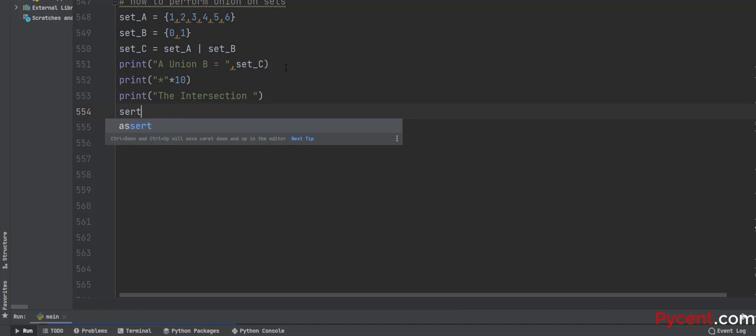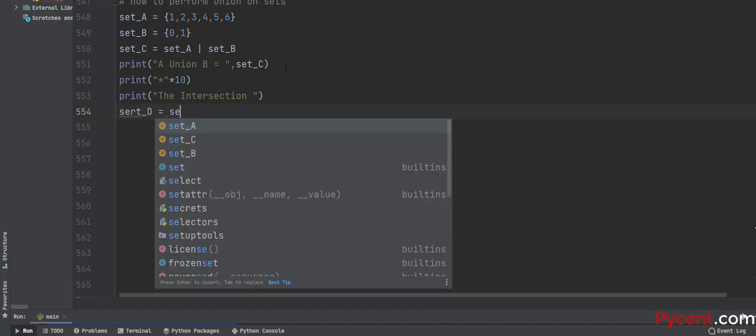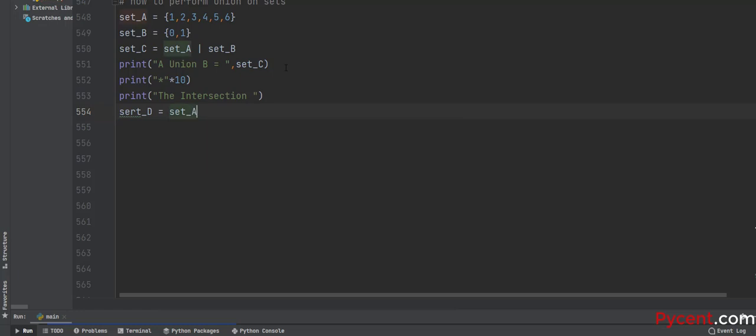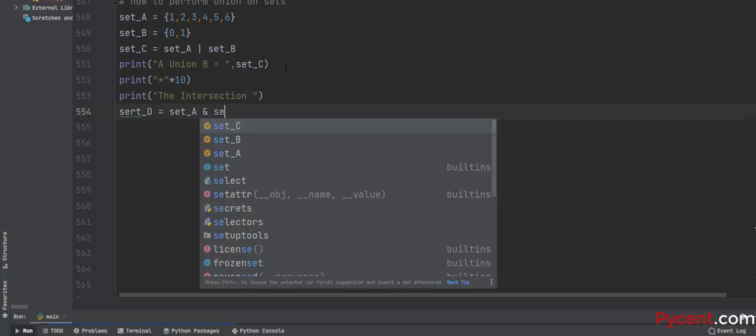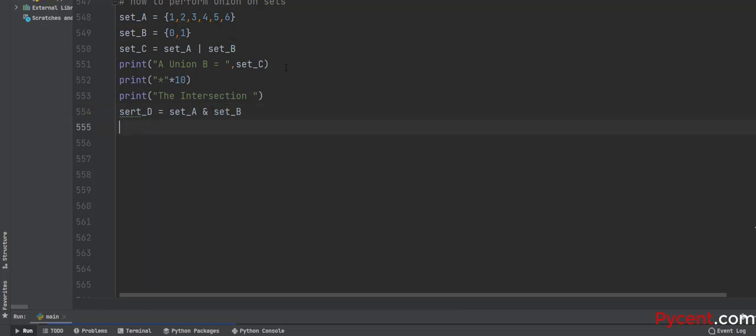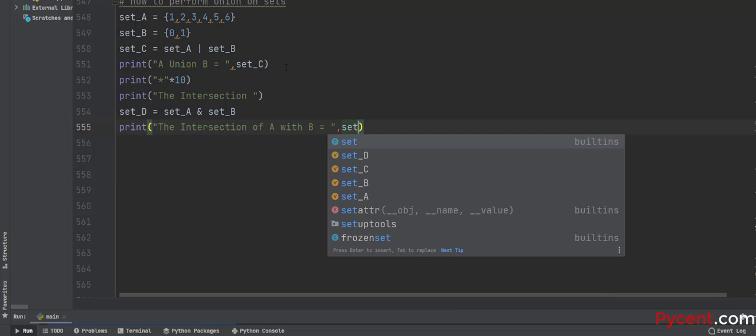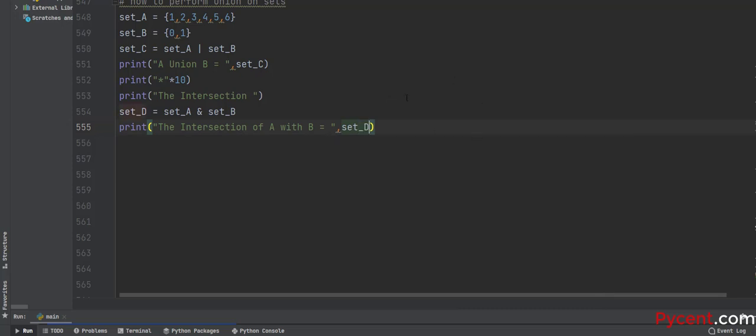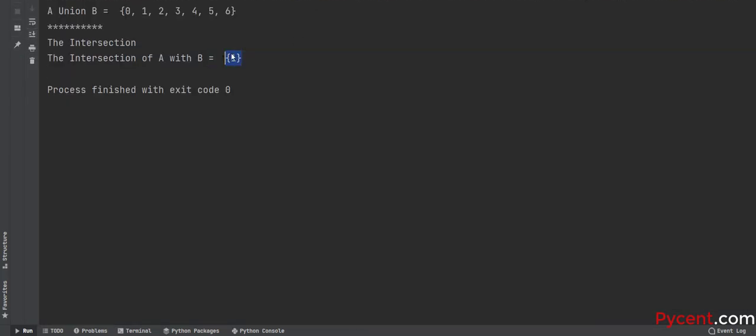You go here, set D is equal to set A, and then if you want to find the intersection, you use ampersand, set underscore B, and then you print here, print the intersection of A with B is equal to set underscore D. So the only element that is common for both the sets is the number 1. So that's exactly what is got here. You see that? That's how you perform the